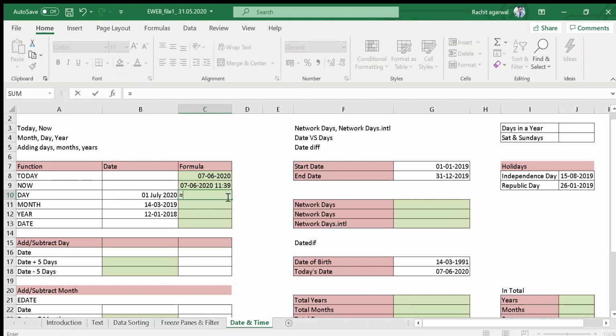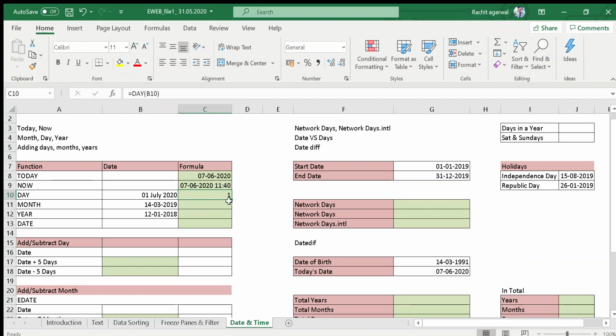Let's see. Use DAY, bracket start, and select the serial number. They are asking for the serial number. Serial number means this date. Bracket close and press the enter key. So you will get what one is: it is the day, because I have used the DAY formula.